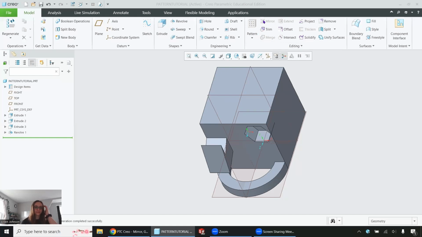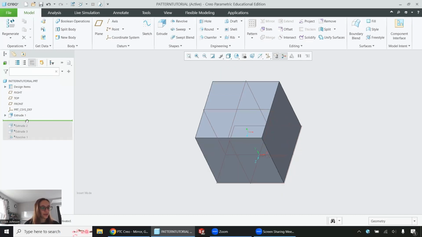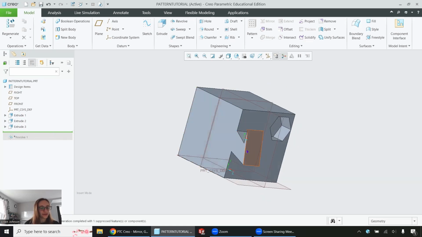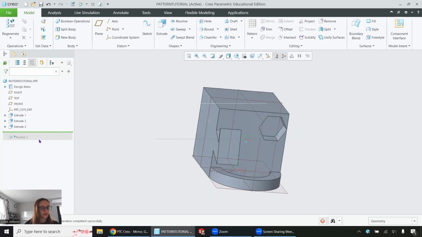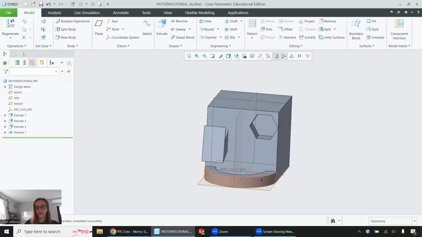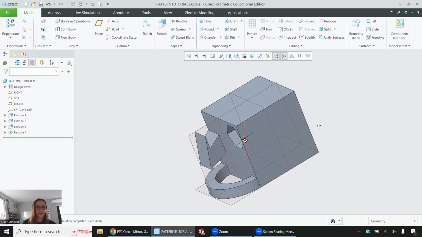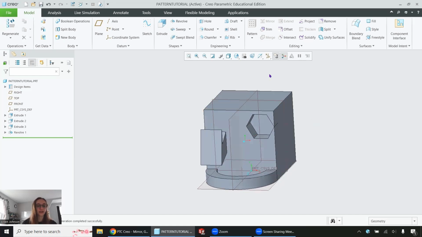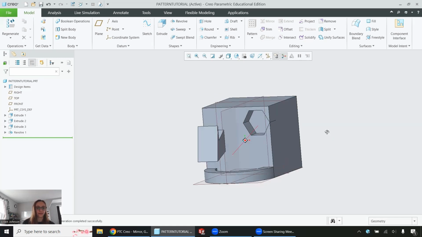So I just made this part, and I did it by extruding this block, extruding this hexagon that I cut, extruding this feature, and adding this revolve here at the bottom. And if I want this to look the exact same on the other side, I don't have to recreate them one by one. I can use my mirror feature to reflect it over a selected plane